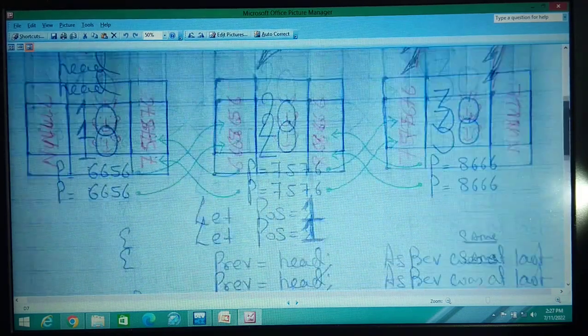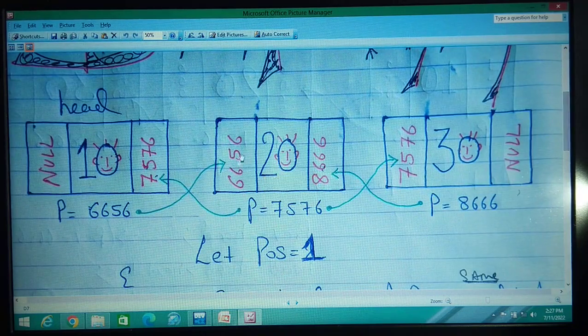Now this is PREV, meaning P is this. Now we have changed the name of PREV to here. PREV comes here. P was here, head was here, now PREV is here. Done. For loop done.